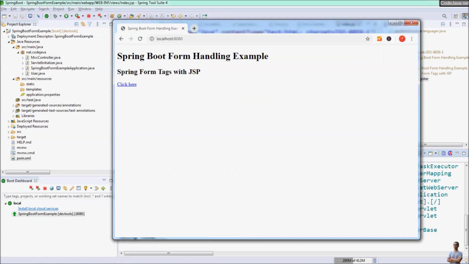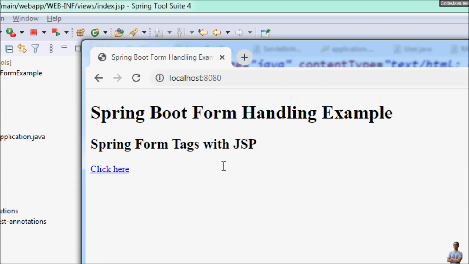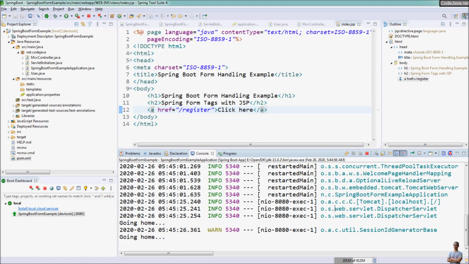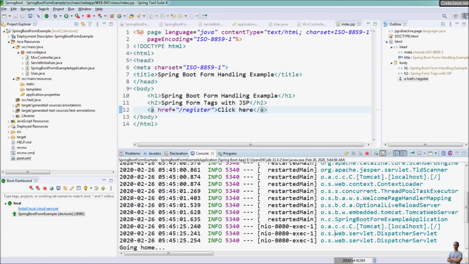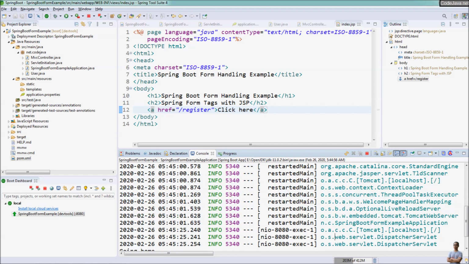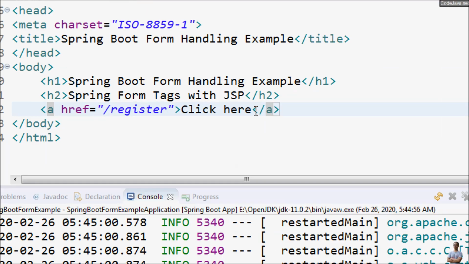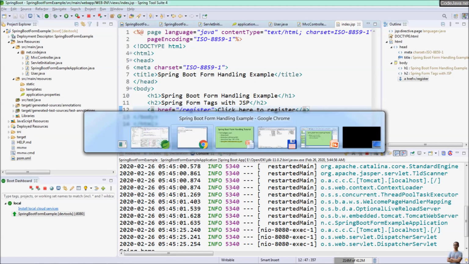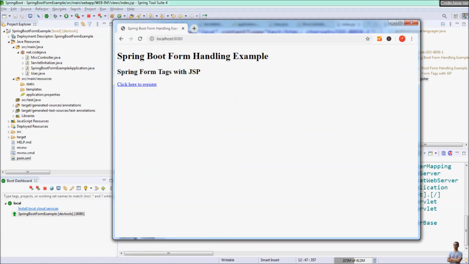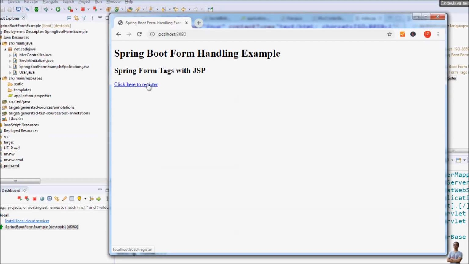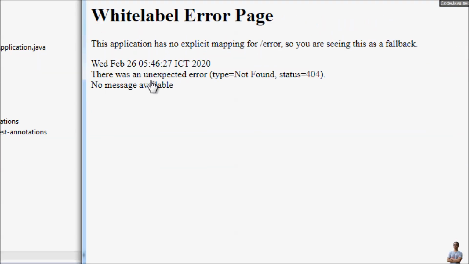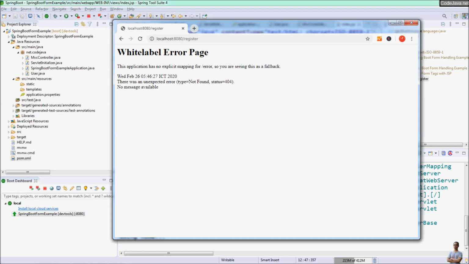And refresh, and you see it automatically updates the change, so we don't have to manually restart the server, just restart the application. Let's try again. Click here to register, save, and now we can refresh the home page. As you can see, click here to register, and we got the whitelabel error page